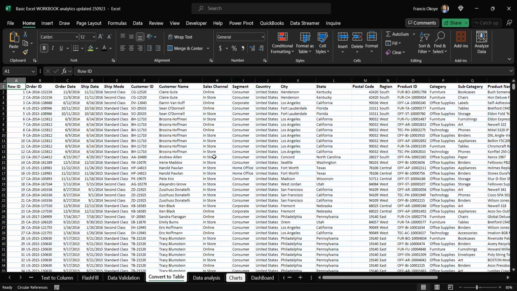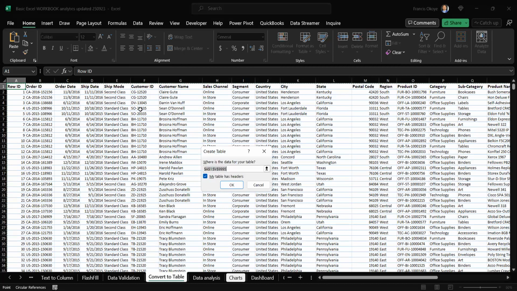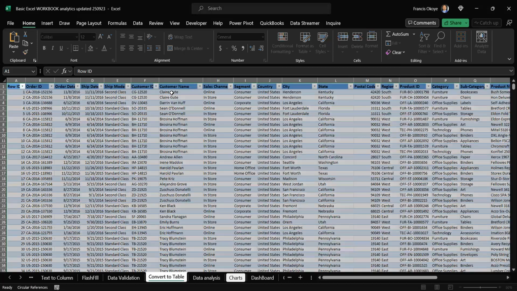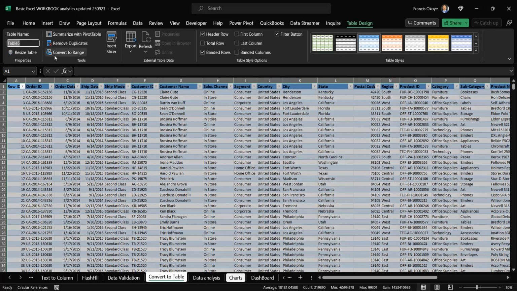Which means the first thing we need to do, when we see the data, is what? Control T, to convert to a table. Then what do we do next? Rename your table. Let me take this to a new sheet so that